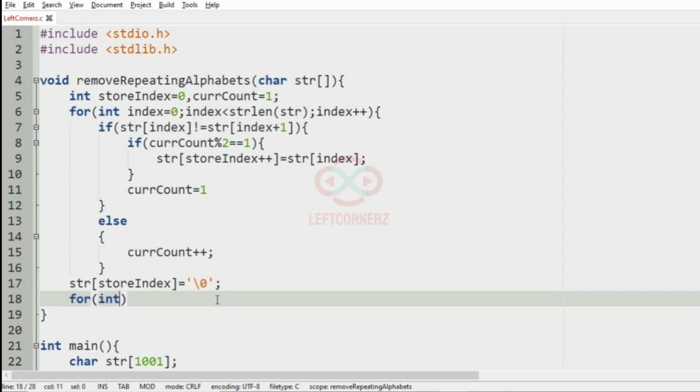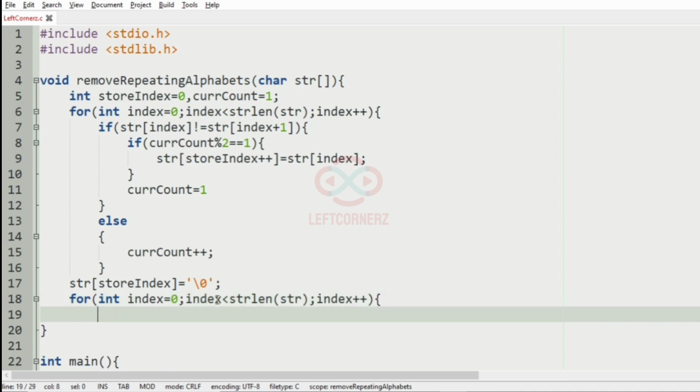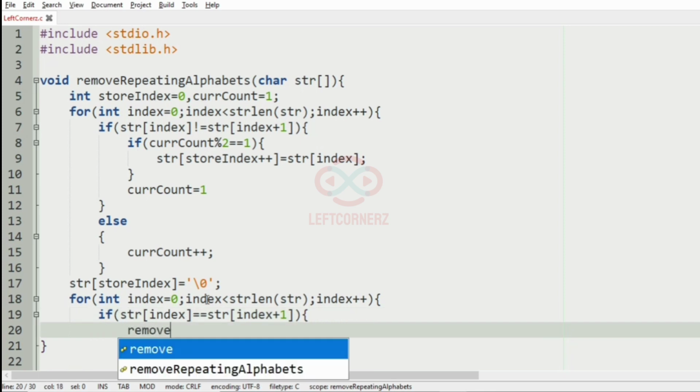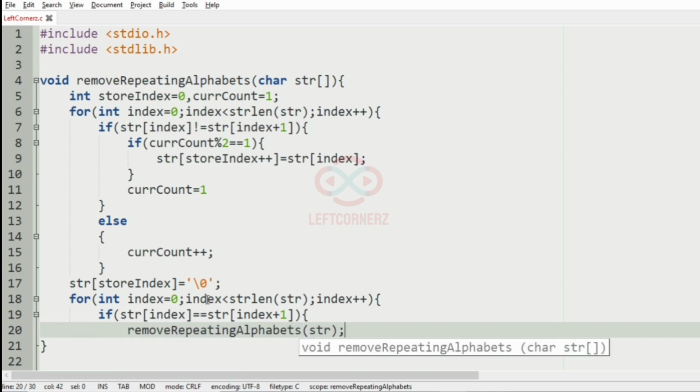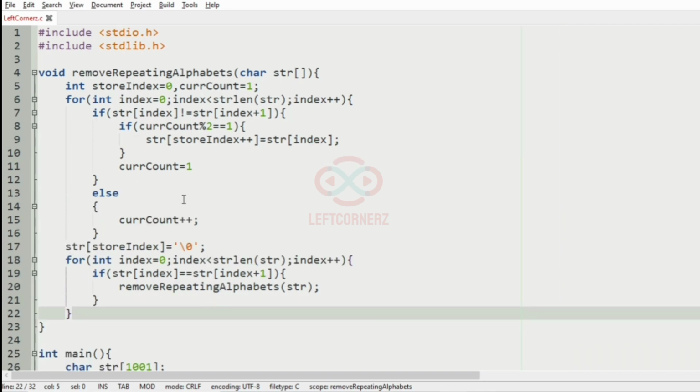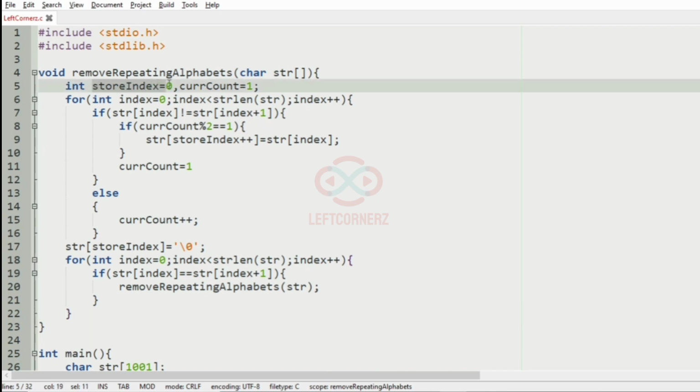So for that, for int index equal to 0, index less than string length of str, index plus plus, and in this for loop we'll have if the str index is equal to the str index plus 1, that is if the character is recurring, then we have to call the function, and then we are done.